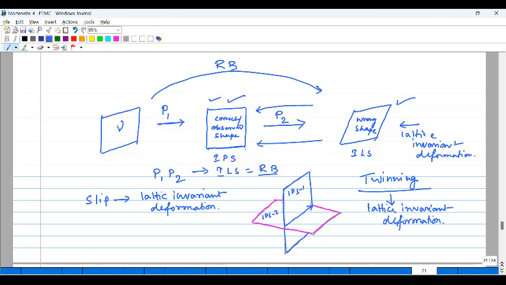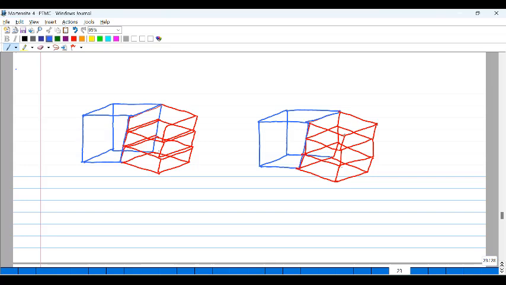And now you can also answer the question as to why the habit plane has those peculiar kind of indices. So the crystal has to go through a lattice invariant shear to get the correct shape. And this lattice invariant shear is either through slip or twinning,